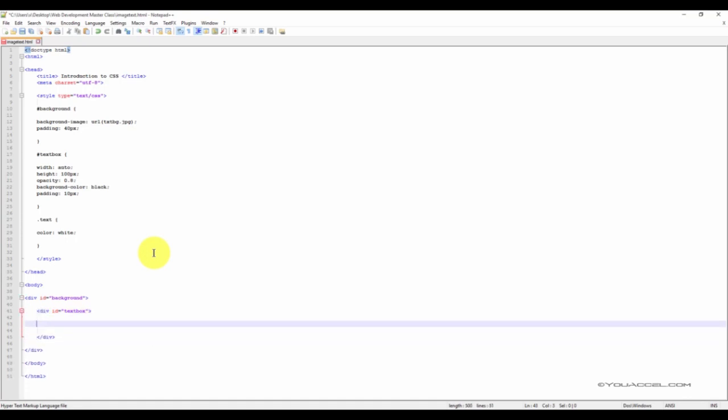And inside the text box div, we'll be nesting a div that will contain the text. So we'll attach the text class to this div. Okay, now you'll just need to type some text inside this div. You can either copy a block of text or you can type your own. I'll just paste in a block I have